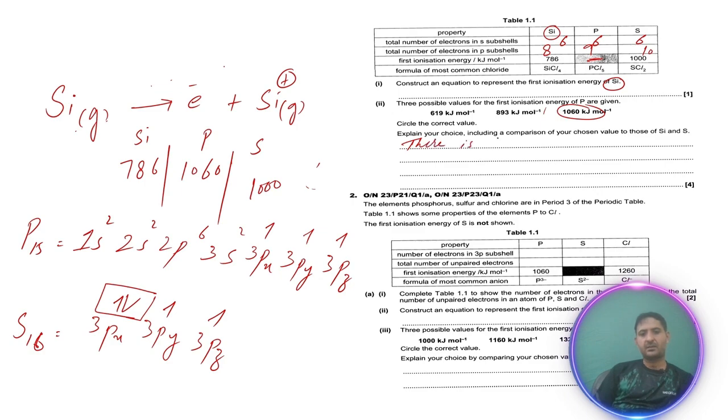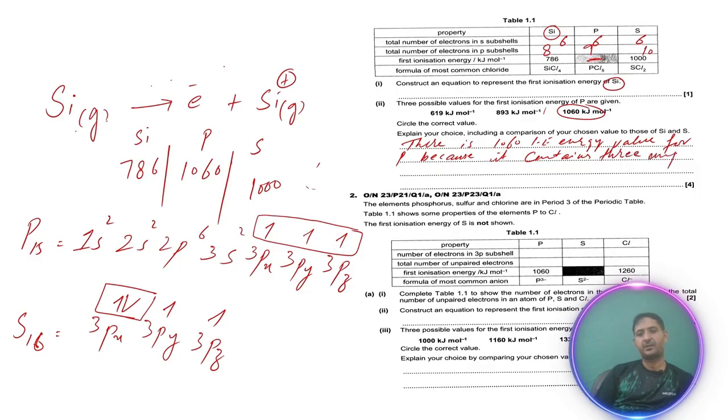There is a 1060 ionization energy value for phosphorus, because it contains three unpaired electrons,